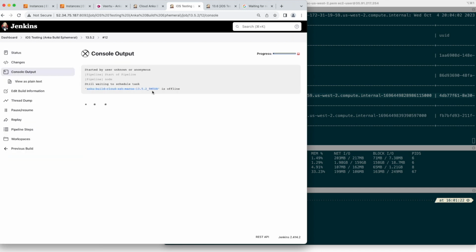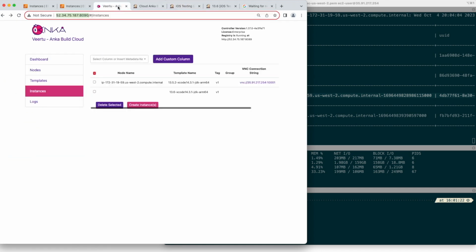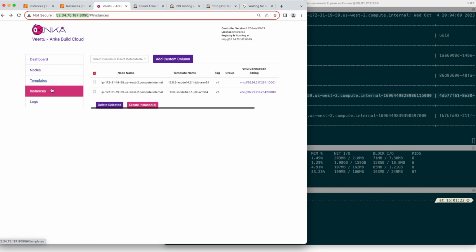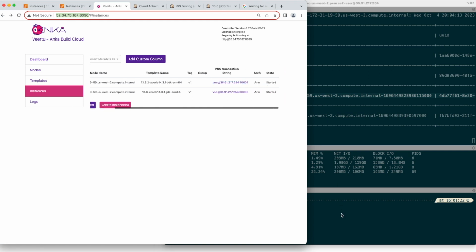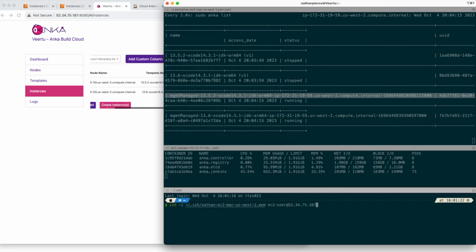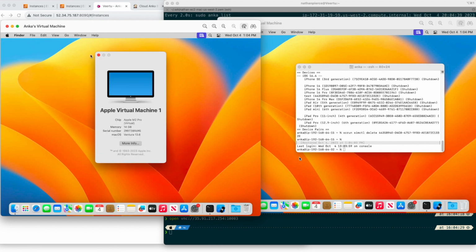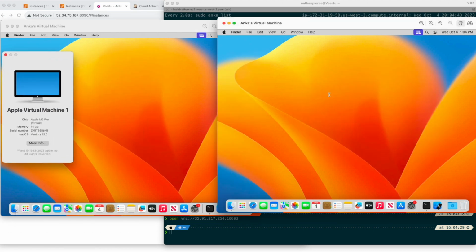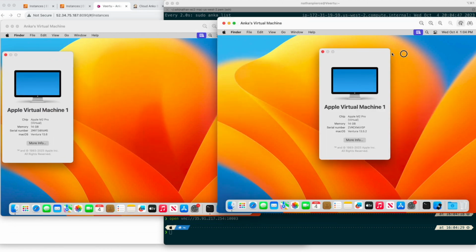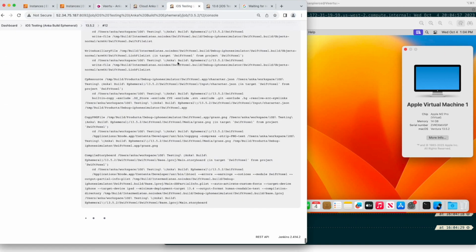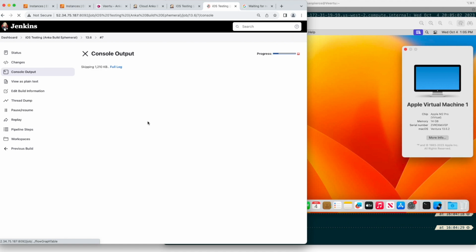In the console output, you're going to see that the node is offline. That's actually because it's still starting. So in the controller, you can see the instances have actually already started for the job, which is great. That's what we want to see. And if we try to VNC into those VMs, we can see that the VMs are running, and we should now be able to wait for the simulators to start. Now the console log is showing that it's connected to the Jenkins node and it's running the commands we want